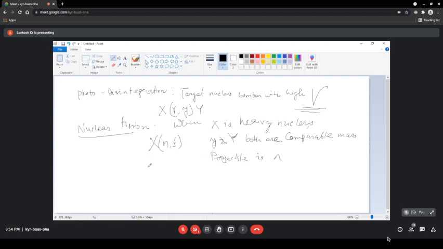In that case, this is a fission reaction. Then elementary